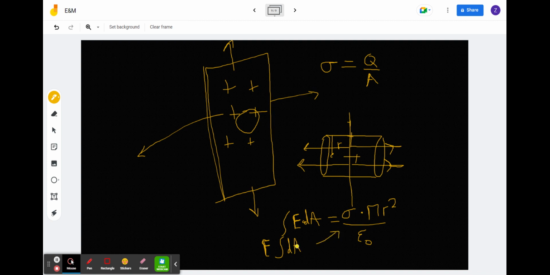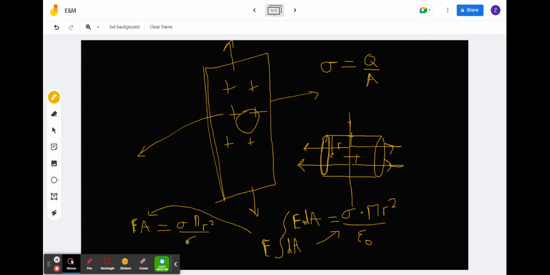But for our dA, if we integrate it, our electric field lines are perpendicular to these flat tops. So cosine theta is just going to be 1. We can just say EdA. Now, when we take this integral, if I move over here, we'll get EA is equal to